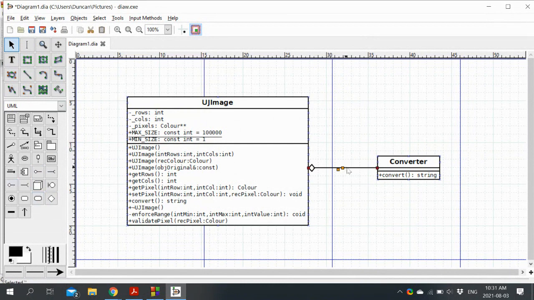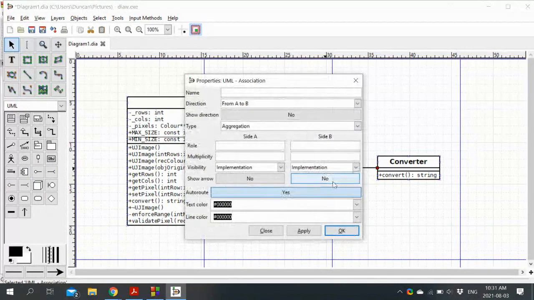No, whoops, similar but wrong notation. This is the one I wanted. There we go. Then we want to specify it's a strong has-a relationship, so composition, because the UJ image is going to completely manage the life cycle of the converter. And then we can say the multiplicity as well, that in this case it's 1.